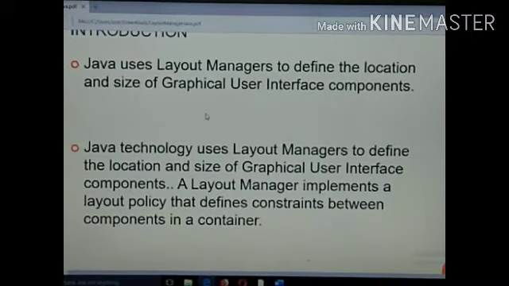A layout manager implements a layout policy that defines constraints between the components in a container. Few components may be bigger in size or few may be smaller in size. These things are constraints that affect the layout.